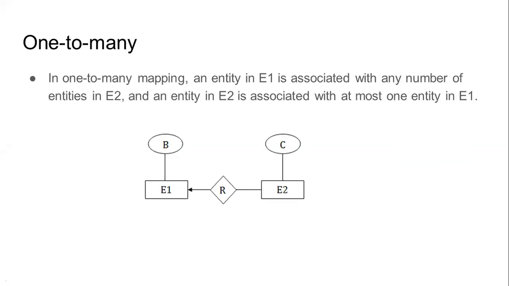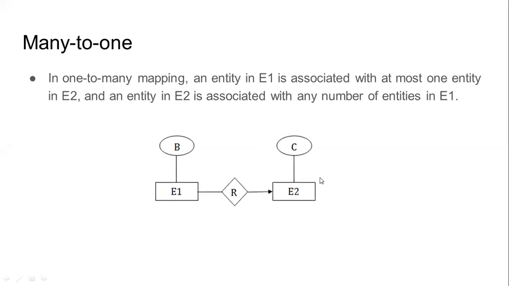Next, one to many mapping cardinality. In one to many mapping cardinality, one entity from E1 and a number of entities from E2 are in the relationship. So from R, for E1 only one entity is mapped, so the arrow is there. And relationship R is mapped with a number of entities from E2, so there is no arrow. No arrow, that means a single line represents many, and an arrow represents one.